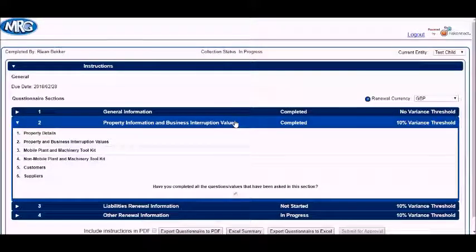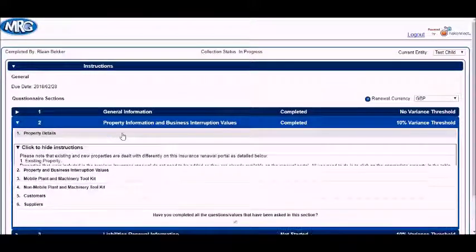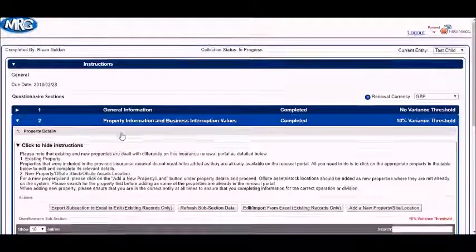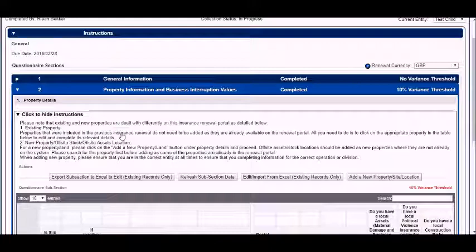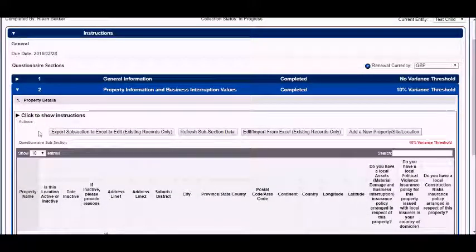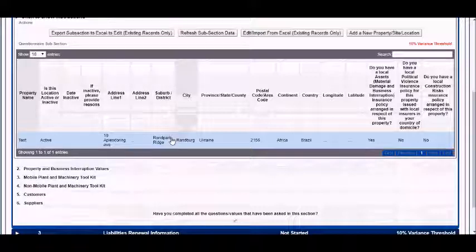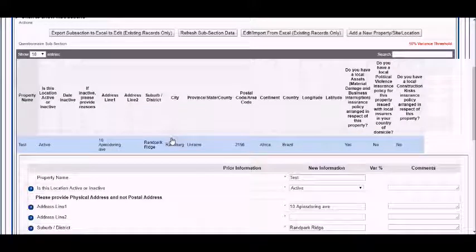Each questionnaire section opens up into further subsections. To open the subsection, you can click anywhere on the subsection line. You then have an option to show or hide the instructions once you've read them. You also have action bars, each with a specific purpose, and your questionnaire subsection. To capture a new entry or edit an existing entry, you can click on the row you want to edit. For example,